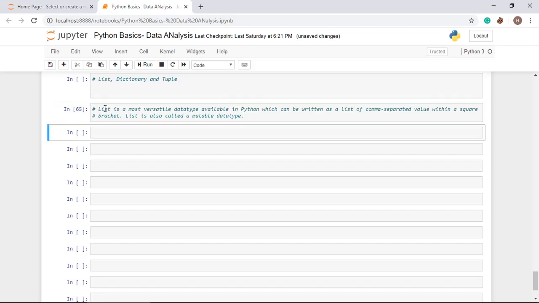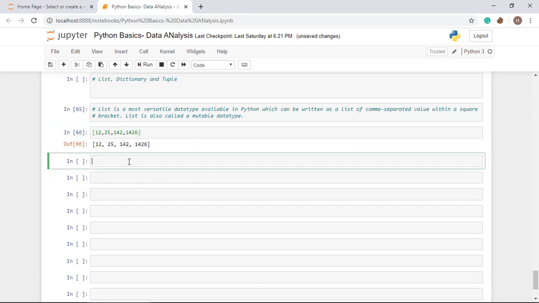What I'm trying to say, I will show you that thing also. But before that, we will start with how to create a list. For creating a list, you just put square brackets and then put all the values separated by commas. Press shift and enter, and you will get the list.